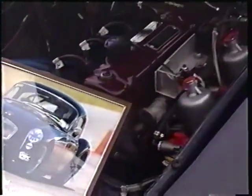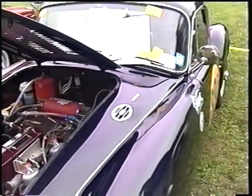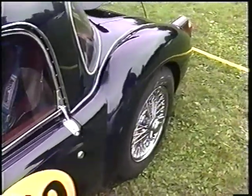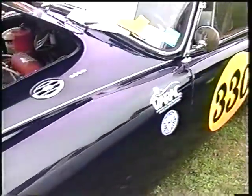It's got D-arch road racing springs. All of the shocks have been reworked for the rebound settings, and everything has been changed. The engine's blueprinted, balanced, bored. It makes about 100 horsepower. The car is under 2,000 pounds. The car has been set up totally for road racing, and this car has finished every race it's ever entered in